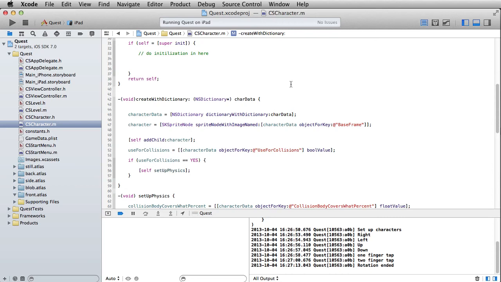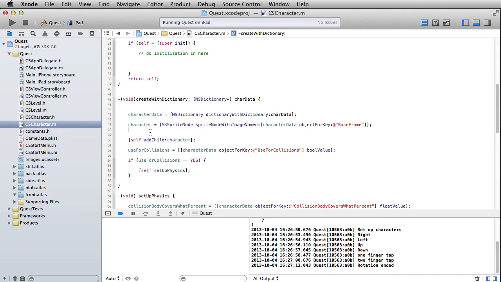All right, let's talk about adding more characters into our scene because it's about time. Even before we start moving things around, I think it'd be sort of fun to get a few characters in here just so that we can push them. But there's a bit more we need to do inside of this create with dictionary statement to account for